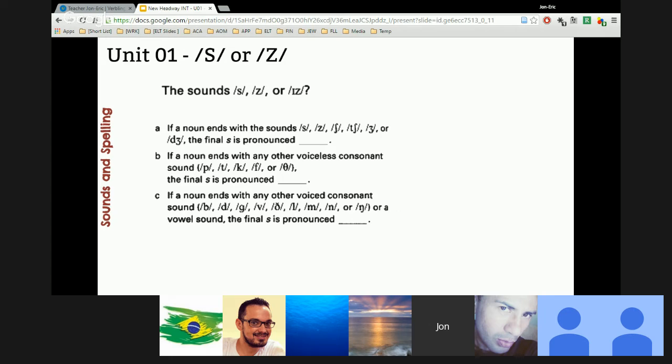First one is B, B, D, D, G, G, V, V, Z, Z, L, L, M, M, N, N, G,